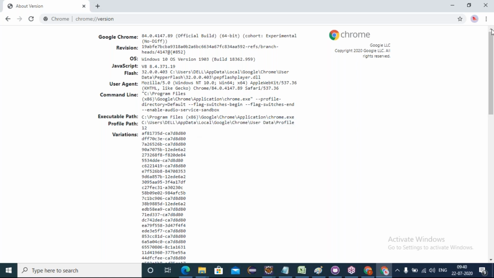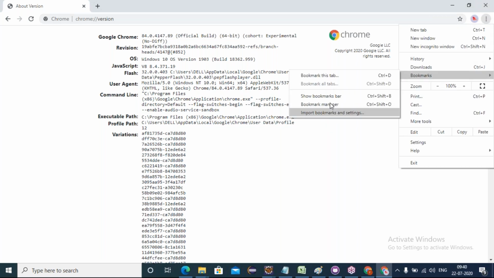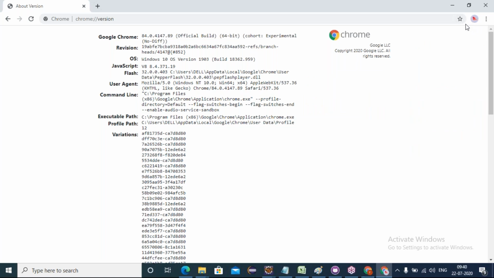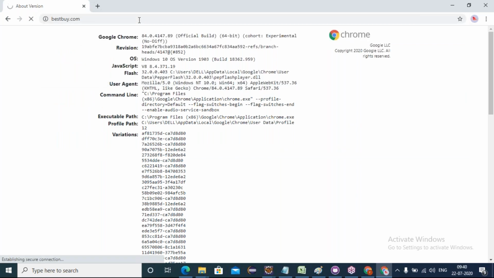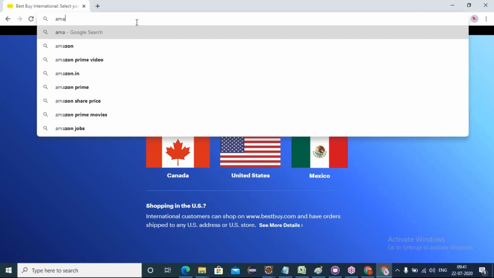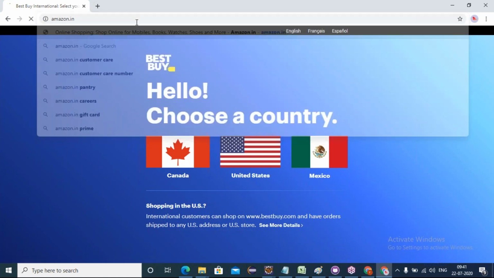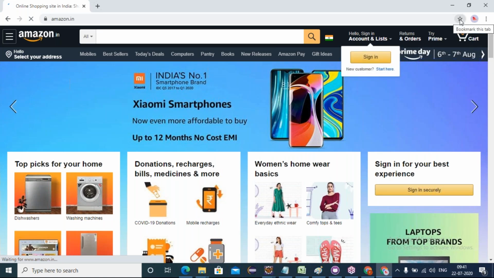Now I have created our user-defined profile. In this profile I want to add some bookmarks. As of now I don't have any bookmarks, and I also don't have the ChromePath extension here. If I want to do those things, yes, I can do that. I was opening the Bestbuy.com website and making it a bookmark by clicking on the star button. Next, John.in, this one also I make a bookmark by clicking on the star button.